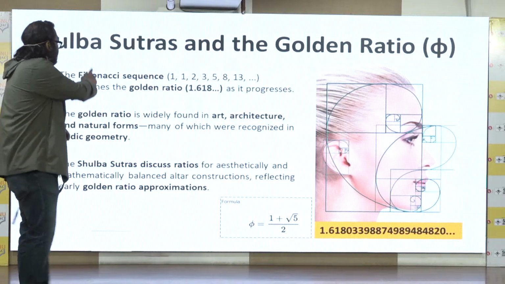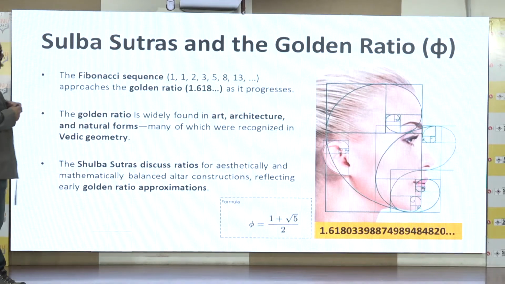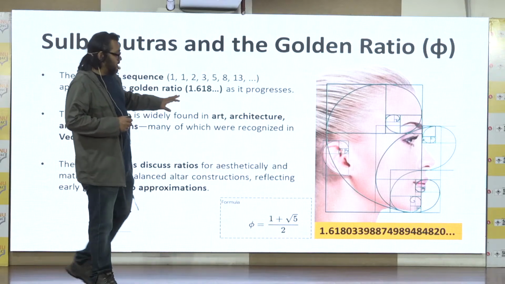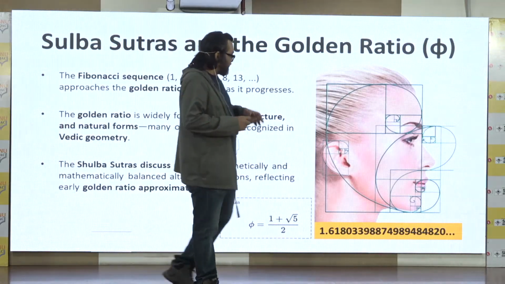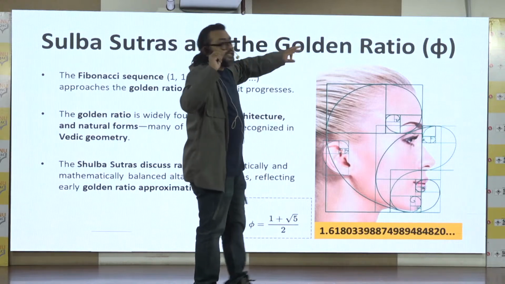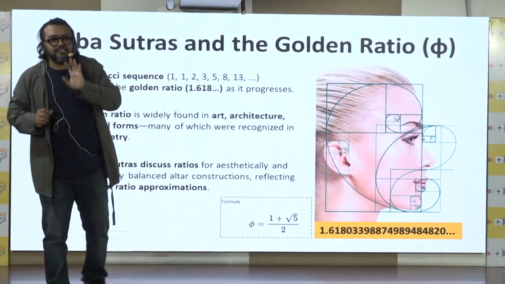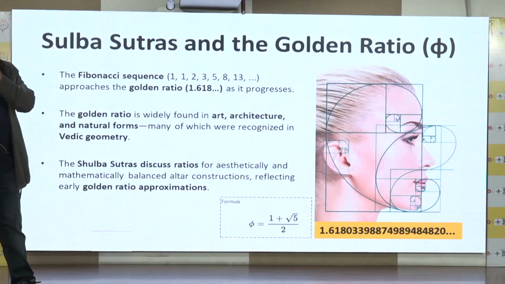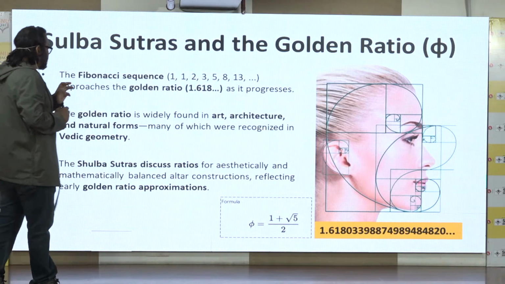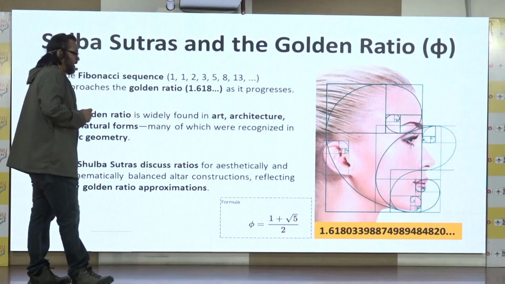Now coming to the golden ratio. So we all know that phi is the golden ratio, 1.6180 and so on, the ratio by which we can understand beauty. And this is there in your art history classes, I am sure. This is there in all the paintings, in all the geometries, everywhere.